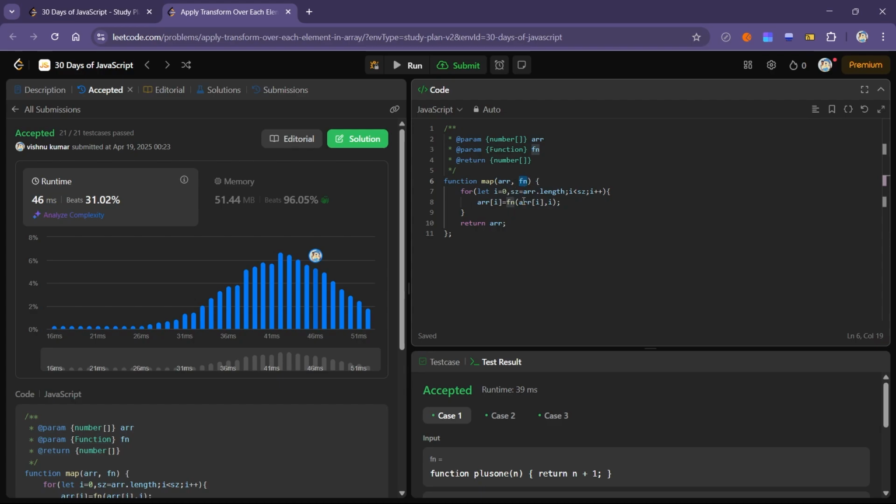In the map function we receive 2 arguments. The first one is an array of numbers and the second is a function. This function expects 2 values. The first one is the value in the array, the item at index i, then the index itself. What we have to do is change the value at index i to the value returned by this function. So for the value at index i, we'll call this function with the value at index i and the index itself, and we'll assign that value to the array at index i, and then we'll return the same array. Okay,